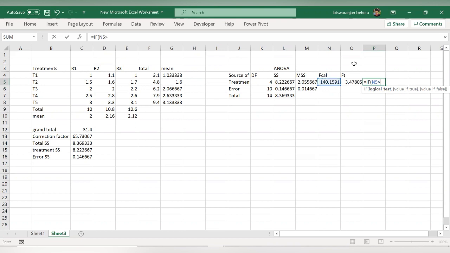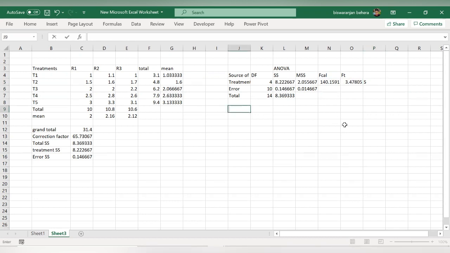Then if it is more than, press the shift button and click on the F tabulated value, then give a comma, then write S, then write NS, then close the bracket, then press enter. So here it is S, because our experiment is significant. Okay, so it is clear now.